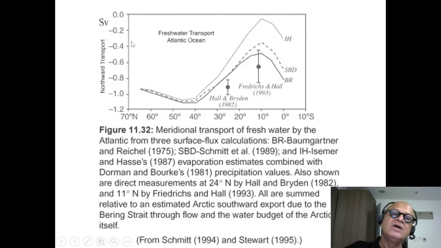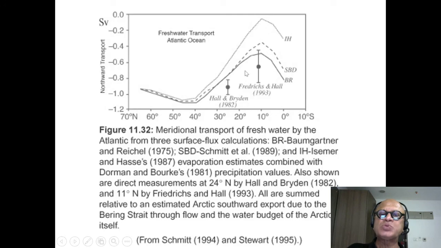Remember, be careful, these are negative numbers, so they are southward transport, and there are various estimates. These are all estimates, by the way. It's not easy to measure them at all. The uncertainties can be large. You can see here the standard deviation from the data. So these are different estimates, and you can see basically there is